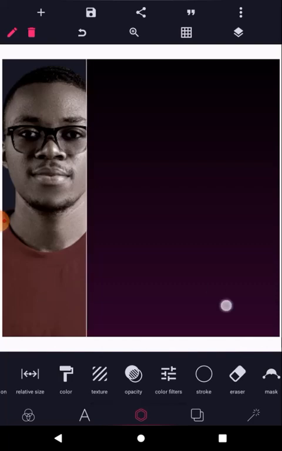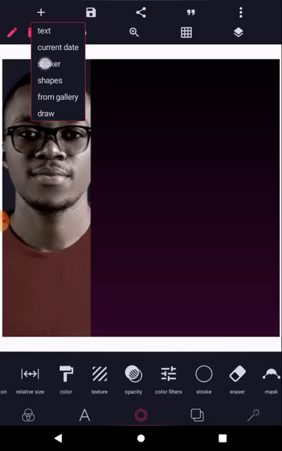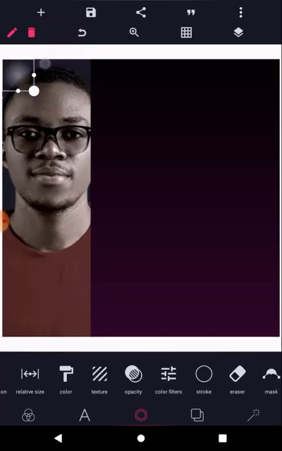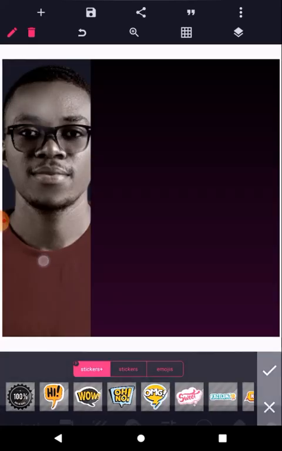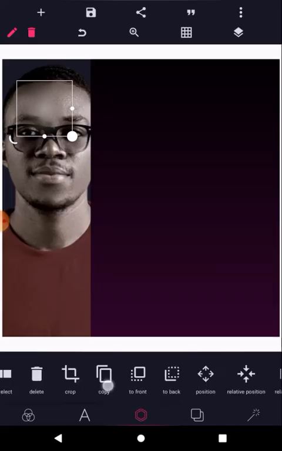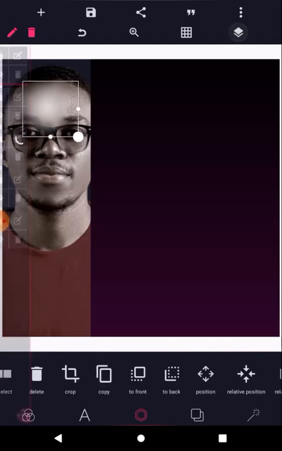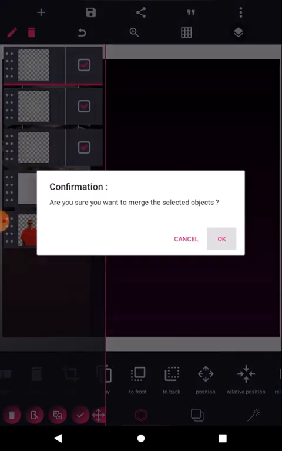The next thing I'm going to do is fade out the shirt aspect a bit. I'll click this, oh, not shape, sorry, I'm going to delete this. I'm going to click stickers and bring it up, just enlarge it a bit, and once it loads you can click anywhere outside. I'll pick it again, double click it, add here, double click it again, and add another one. So come here and merge the three of them, merge, yes. After merging them,